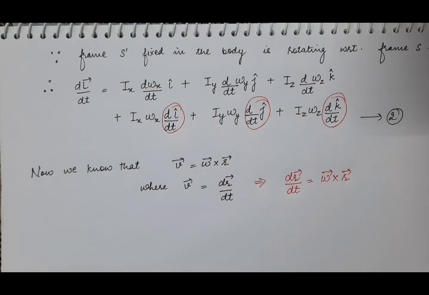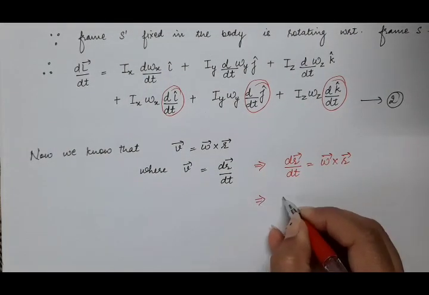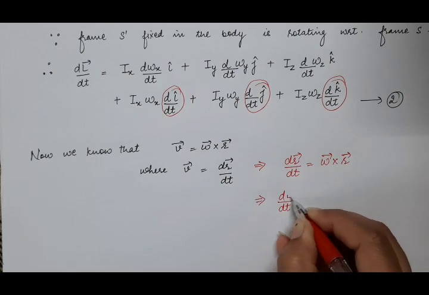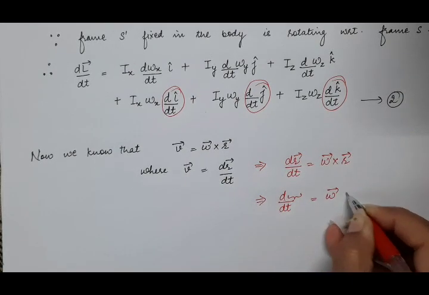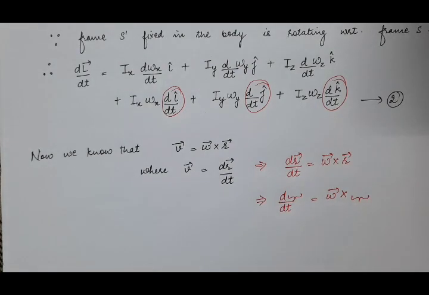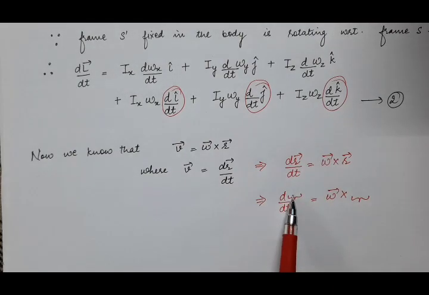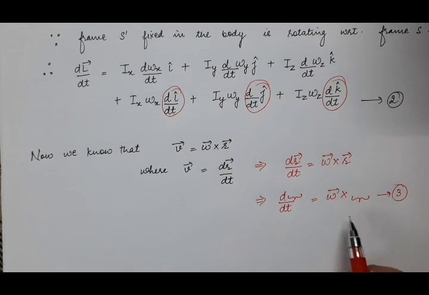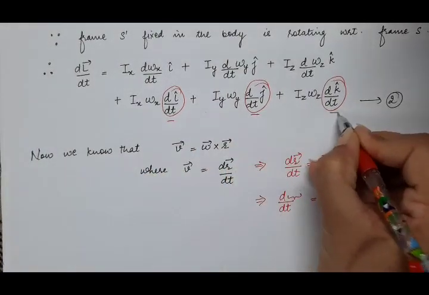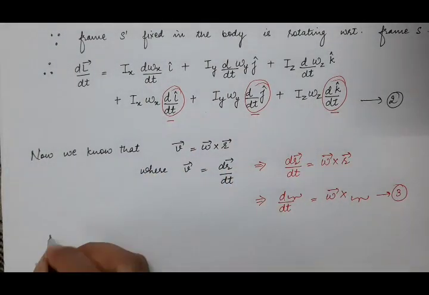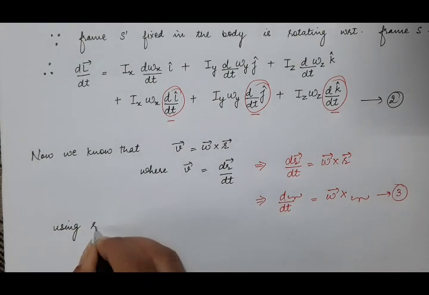And from this, it means you have got d by dt of some vector is equal to omega cross product with that vector. So here we have i cap instead of r vector, here we have j cap instead of r vector, and here we have k cap instead of r vector. So suppose this is equation 3, and now we will use equation 3 to find the values of these 3 time derivatives. So using relation 3,